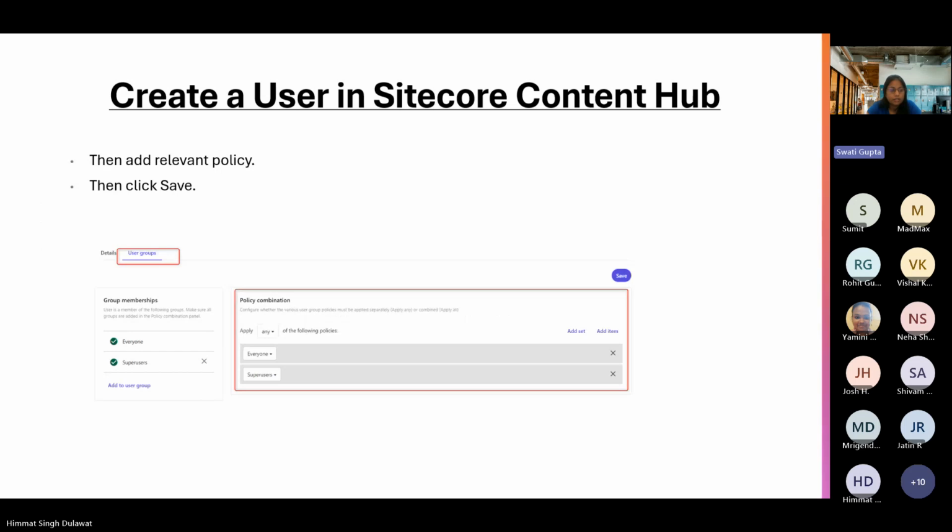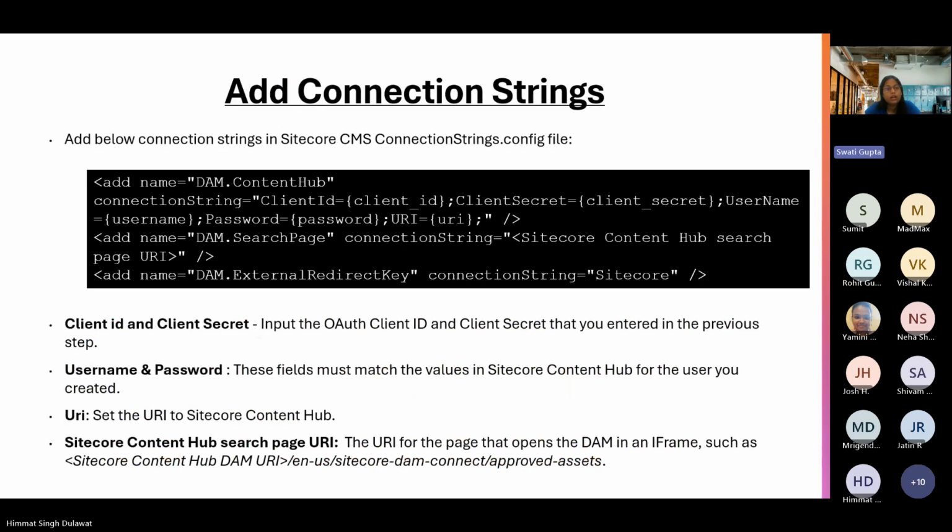This screen will be there where it will ask you to add some relevant policy. Whatever relevant policy you think is enough for that user, you can add it. By default, for the demo purpose, I have added it as a super user. You can add whatever policy you want, and then at the last step you need to click on the save button. Once you save it, it will create a user which can be used in that connection string. So now in the next step, we need to add the connection string into our connection